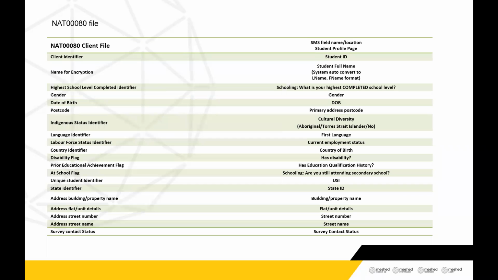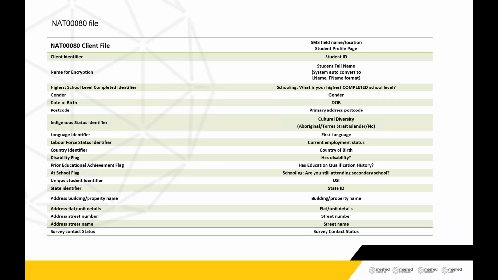Then we have the NAT80 file. NAT80 file is the client or student file. This file picks up all the details about all the students who are studying in 2022. So for any student, if there is any unit enrollment in 2022, that student will be picked up in NAT80 or the client file. So we'll have all the details regarding that student appearing in this file as recorded under